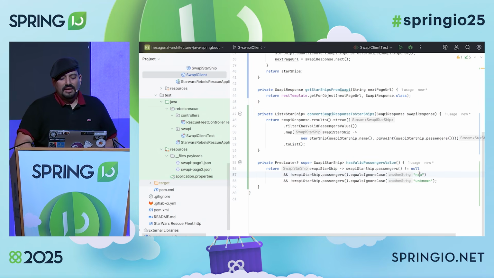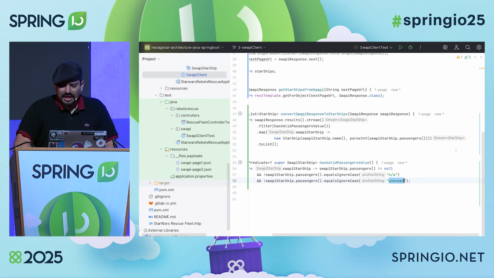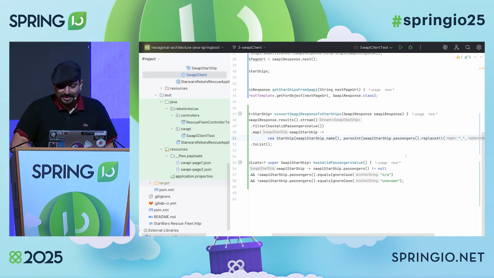It means it's not NA or unknown. OK. Then I need to get rid of the 1,000 separator. And my master just gave me a really nice way to do that, which is quite easy. He said that in that passengers, I simply have to replace all commas with an empty string. And it should do the work, right?